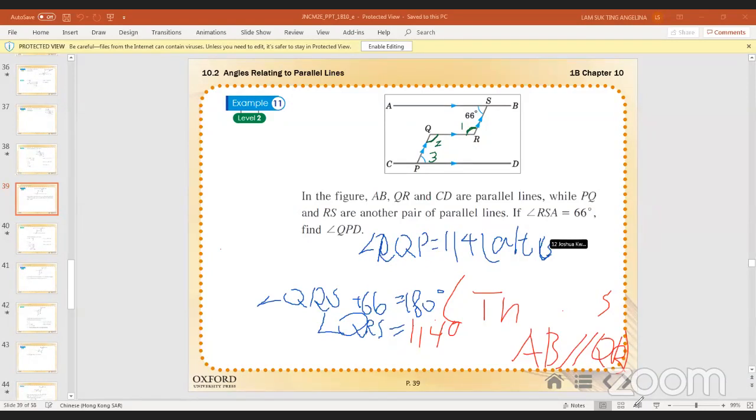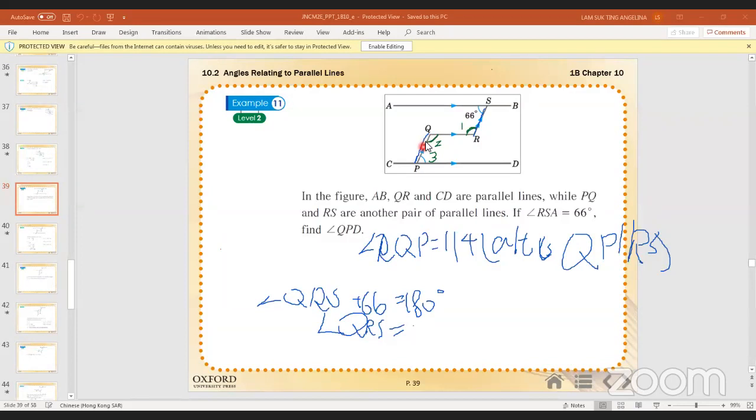If you are referring to RQP and this part, these two angles, QP parallel to RS, right? Okay, and then after finding this one to be 114 degrees, then